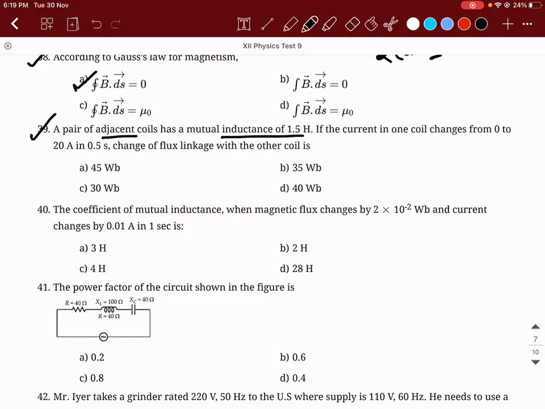39th. A pair of adjacent coils has a mutual inductance of 1.5 Henry. The current in one coil changes from 0 to 20 ampere in 0.5 seconds. Find the change in the flux linked. So what is the relation? What is the formula for mutual inductance, guys? Mutual inductance is equal to